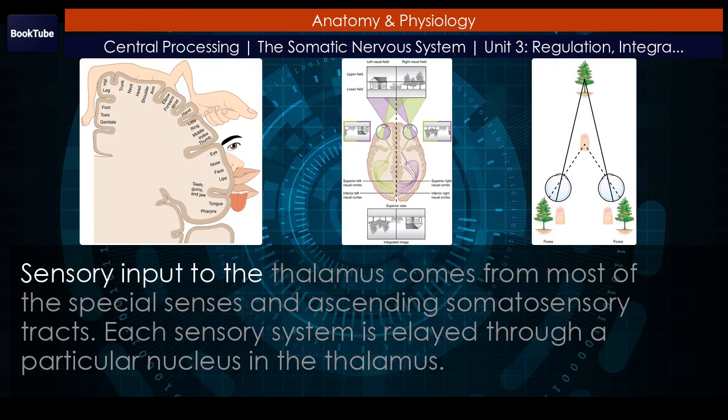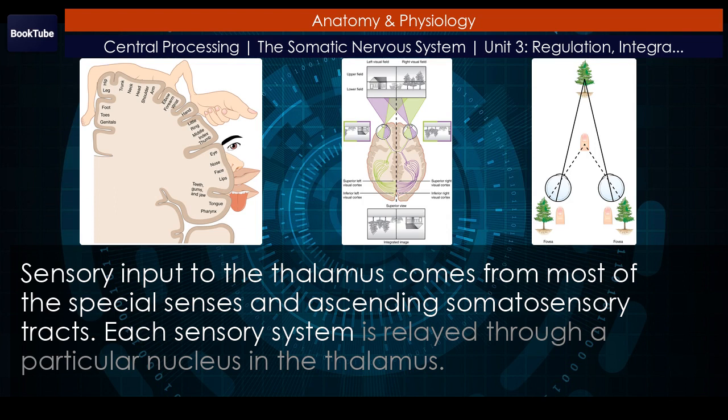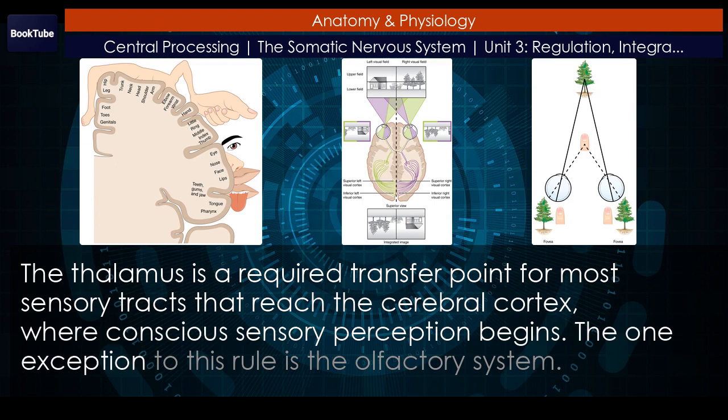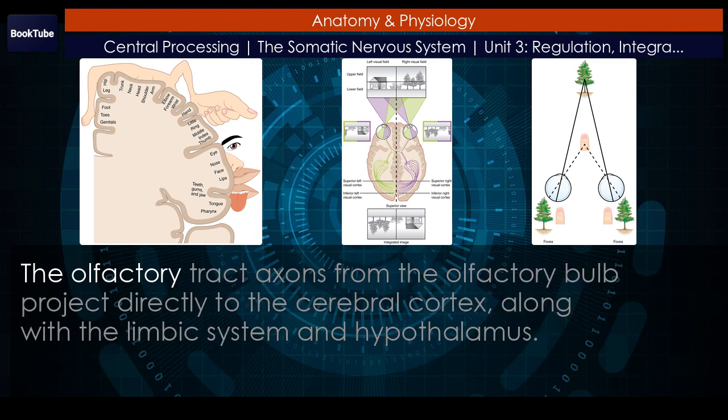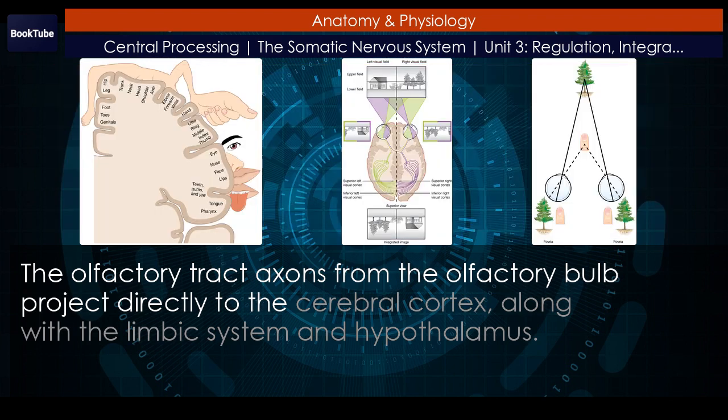Sensory input to the thalamus comes from most of the special senses and ascending somatosensory tracts. Each sensory system is relayed through a particular nucleus in the thalamus. The thalamus is a required transfer point for most sensory tracts that reach the cerebral cortex, where conscious sensory perception begins. The one exception to this rule is the olfactory system. The olfactory tract axons from the olfactory bulb project directly to the cerebral cortex, along with the limbic system and